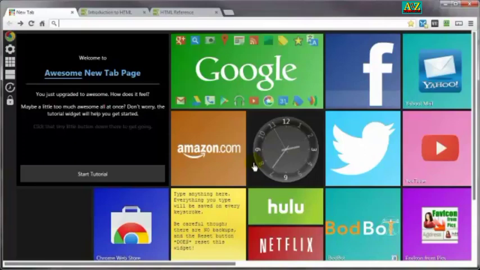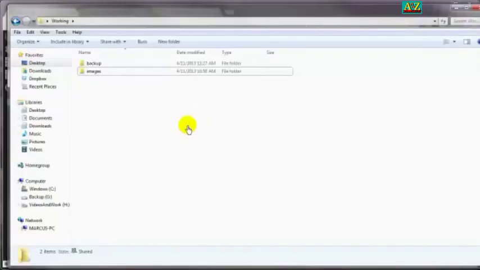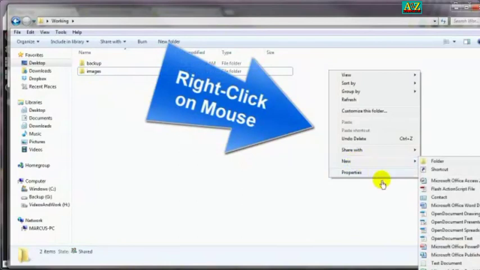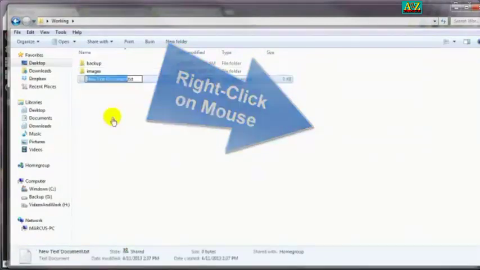Okay, so let me go ahead and open up my folder here. I've already taken the liberty of creating a working folder on my desktop, and inside of that working folder I've got another folder titled Images and another one titled Backup. These are basically just for demo purposes, but I just kind of give you an idea, get your creative juices flowing. So at this point I'm going to go ahead and open up my Notepad, New, and Text Document,